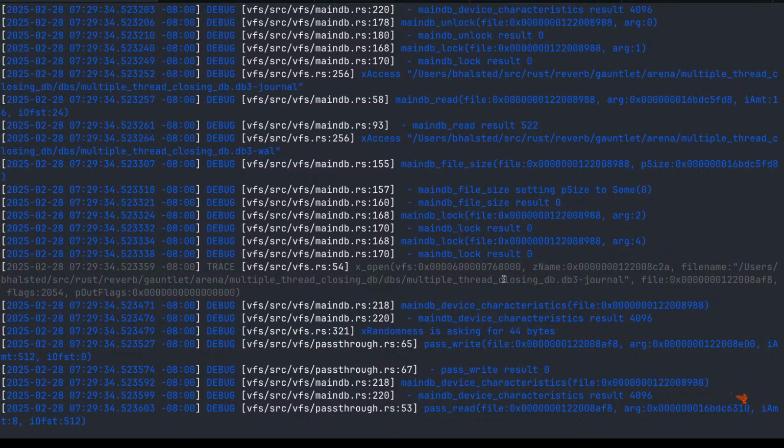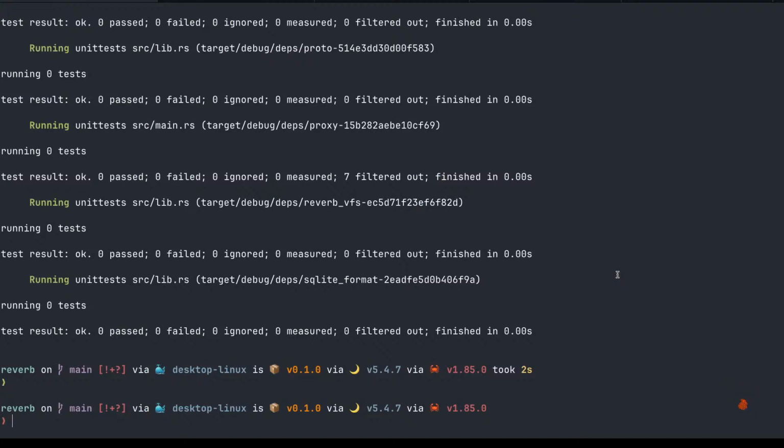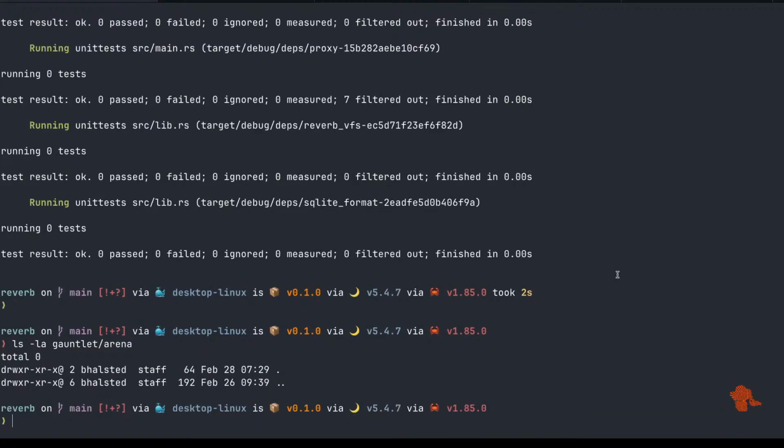That's weird. Oh, because of our previous test, we got to clean up. What was it? Gauntlet, Rena. Oh, did it already clean up? Because it passed. Oh, beautiful.